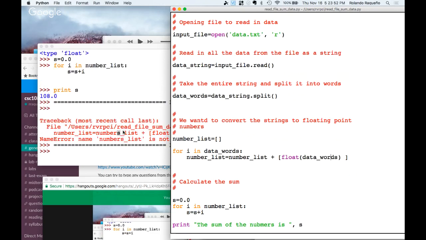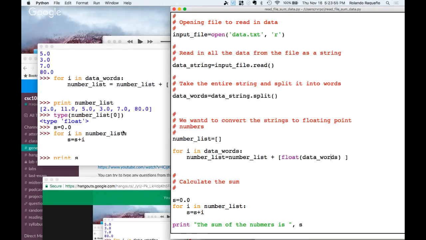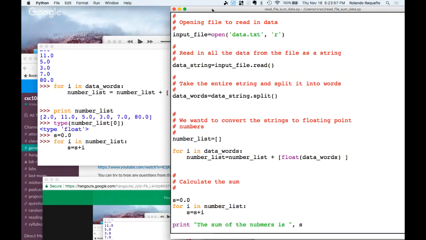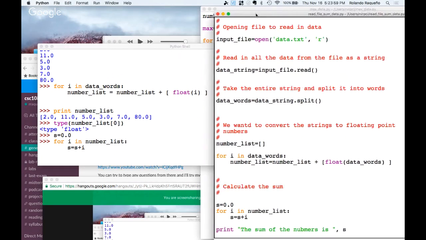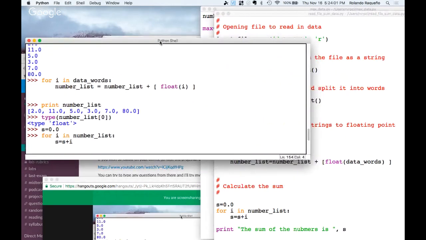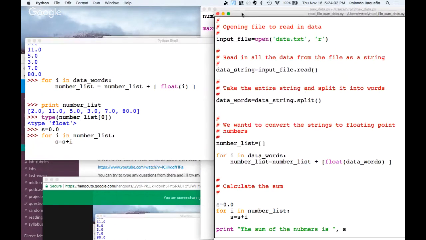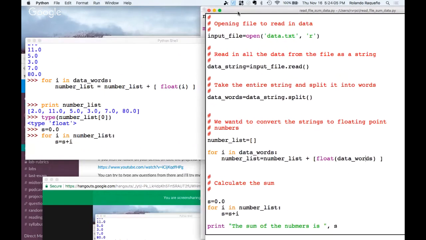If we look back at how we did this interactively, and that's why it's a good thing to do things interactively, because you can prove to yourself that something is working rather than jumping in and writing this out. It's hard to sort of see what's going on. So we can see that what we really wanted to do is float i. Okay. So again, let's actually make that change here. And that's okay if you did that. That's a common mistake that most people make,